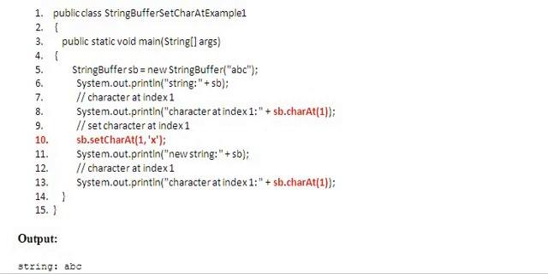And in line number 10 we are setting the character as x, and after changing the character at a specific index, again in line number 13 we are checking sb.charAt of index 1. We'll see the output clearly.